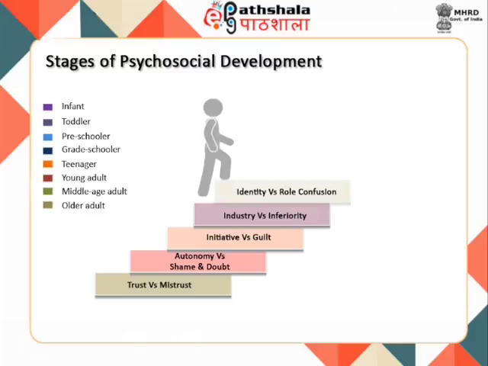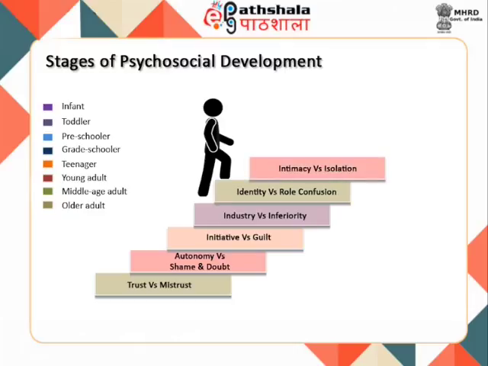Stage 5: Identity versus role confusion. This stage of early adolescence is characterized by rapid body growth and sexual maturation. Peer acceptance takes central space during this stage, and frequent conflicts arise due to inconsistent opinions of peers and society. Stage 6: Intimacy versus isolation. This stage of late adolescence, according to Erikson, is crucial because the individual accepts himself or herself and goes on to accept others by fusing his or her personality with others.